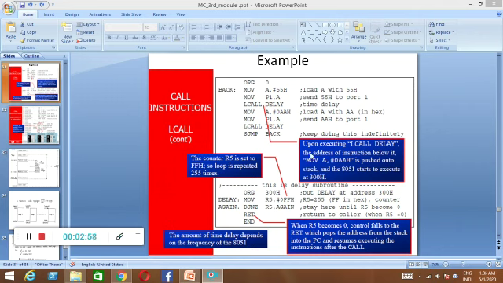That's what they have given in the description. Also you can see, whenever LCALL is given, this address will be loaded onto the stack memory, right? So the stack memory will be loaded, and the program counter is loaded with a new address. What is that new address? The address of this delay program, right? So it is going to execute this.